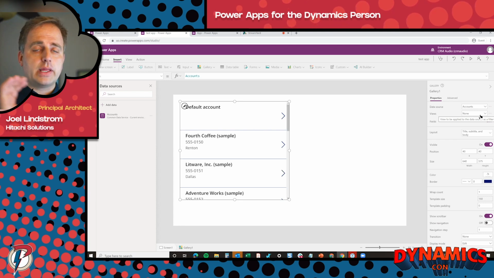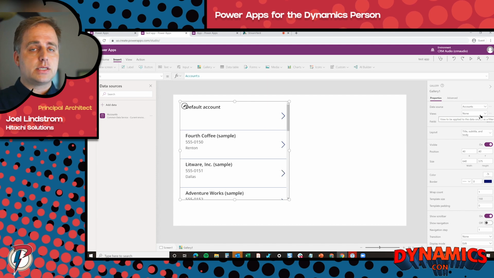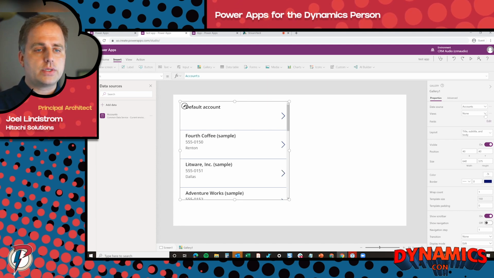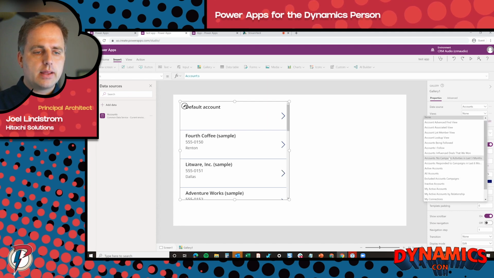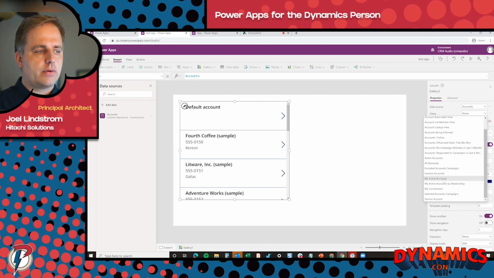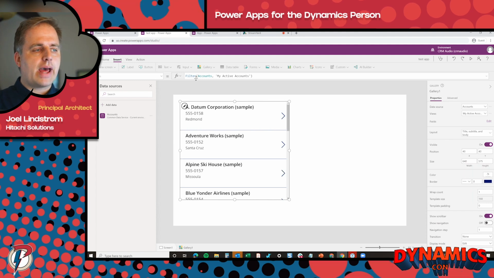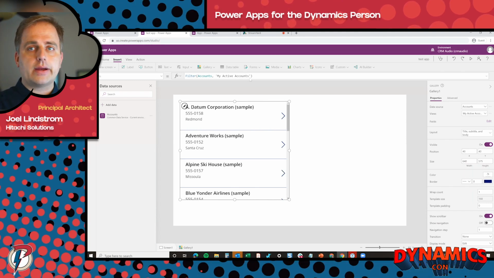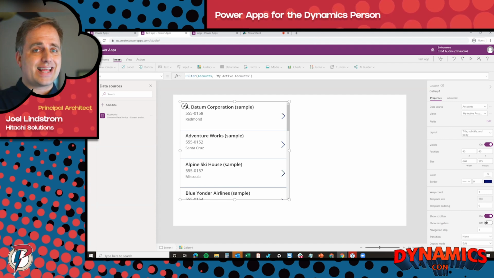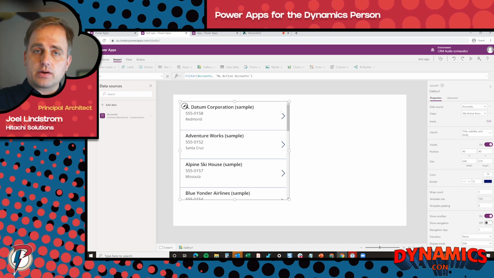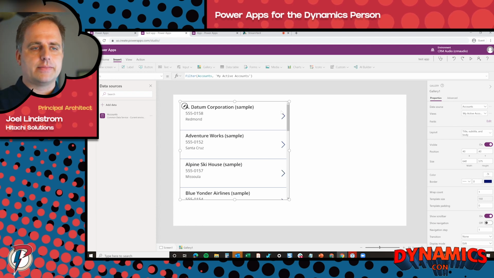I want it so that when the user runs this app, it shows just their stuff. From here, I can just go to views and choose the My Active Accounts view. You see it automatically writes the formula for you here, and I don't have to do anything else. I love to create my filters as system views, because if I have a filter for accounts that meet a certain criteria in my model-driven app, I can reflect that there.